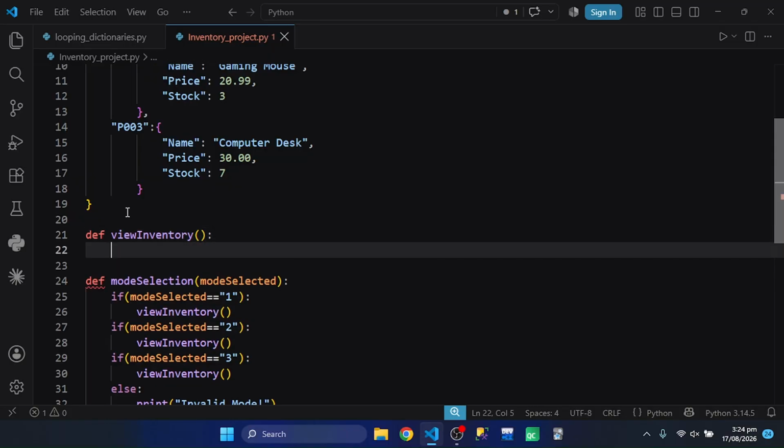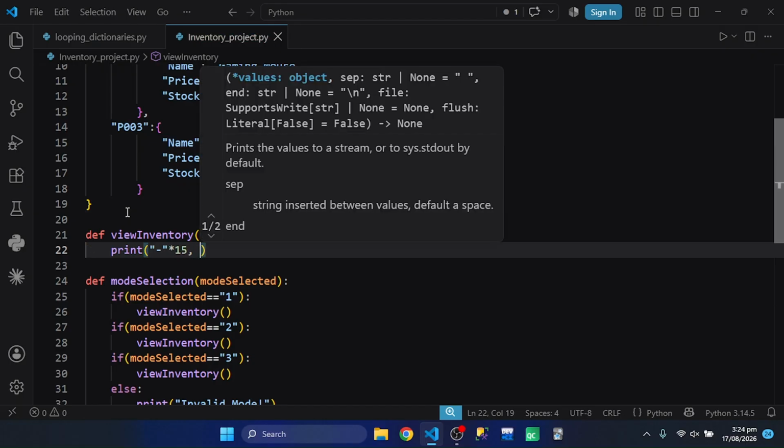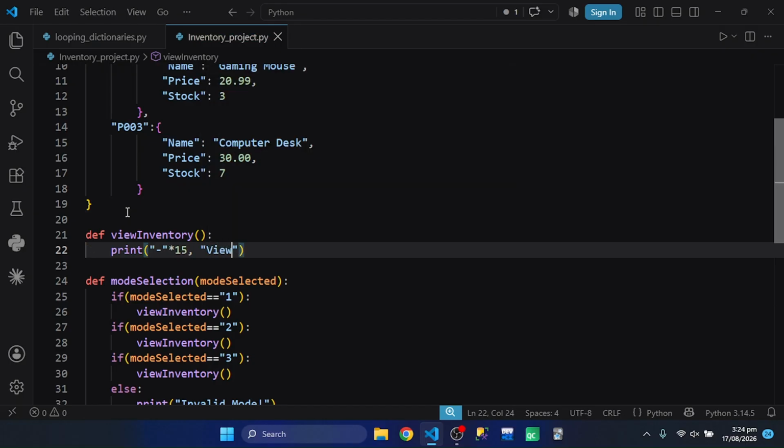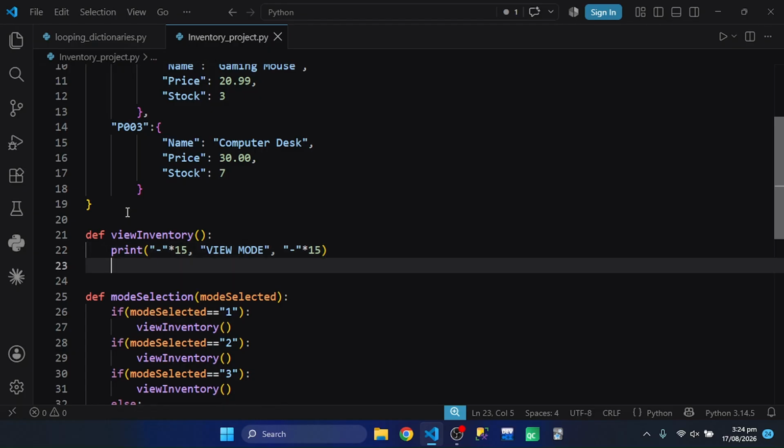It takes no argument, and it prints the minus string 15 times. Then it prints view mode and minus 15 times again,